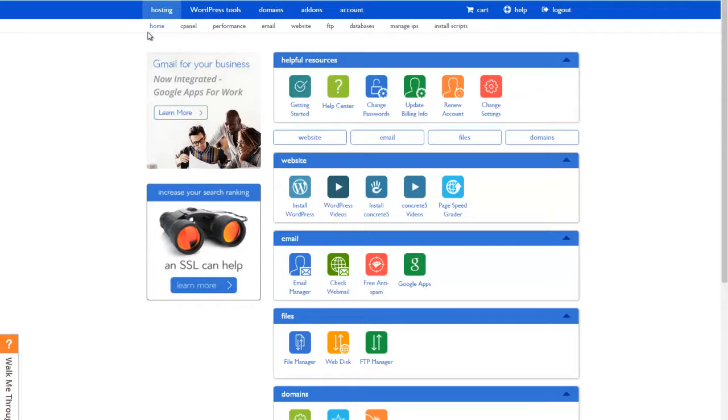Now there's always multiple ways to get the same thing done. There are multiple times you might be directed to go to your cPanel to do different types of things, and there are multiple choices here. But for our purposes, under Hosting and Home today, under this section called Website, there is an option to install WordPress. I'm going to click on that one time, and I'm going to go ahead and let it load up